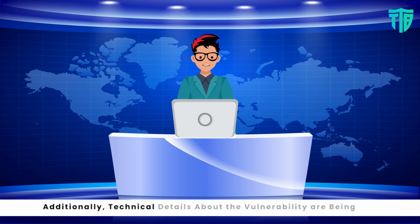Additionally, technical details about the vulnerability are being made public, even though the vendor was notified of it in November 2023 and a patch was not ready after 90 days. Likewise, a serious vulnerability has been discovered in NextChat, a JavaScript program created with Next.js. The client side handles all of its primary operations. However, there is a server-side endpoint that is an open proxy, enabling anybody to send unlawful queries to any external server, with the name